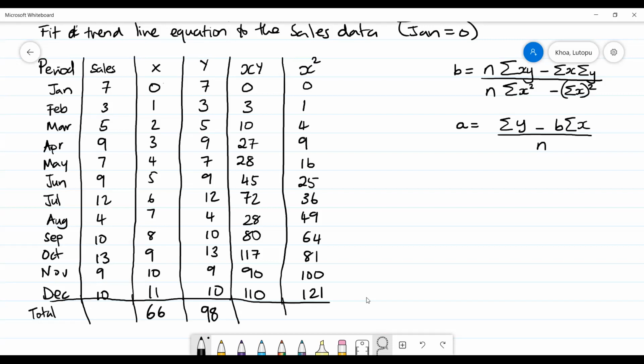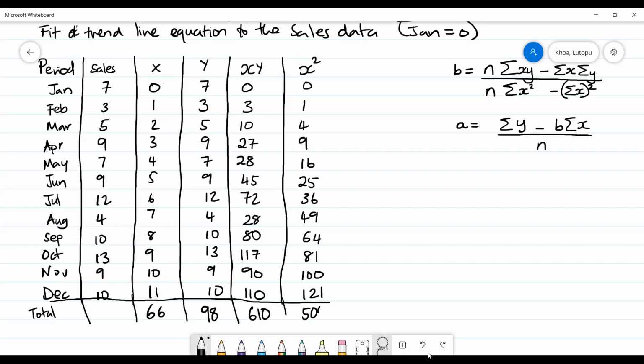This gives me 610. And then I also add up these values. So I have 1 plus 4 plus 9 plus 16 plus 25 plus 36 plus 49 plus 64 plus 81 plus 100 plus 121. This gives me